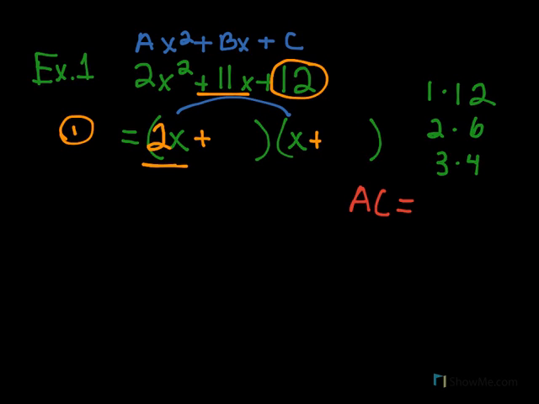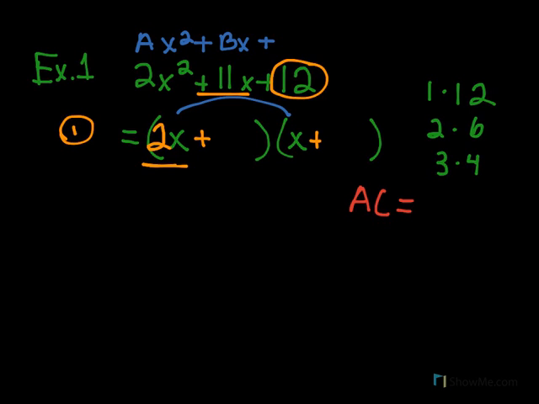I want you to see that a is 2 and that c is 12. So we are no longer looking for multiples of 12. Right now, what we're really going to be looking at is multiples of 24, because a times c, which is 2 times 12, equals 24. So right now we're going to look for multiples of 24 that when you add them,